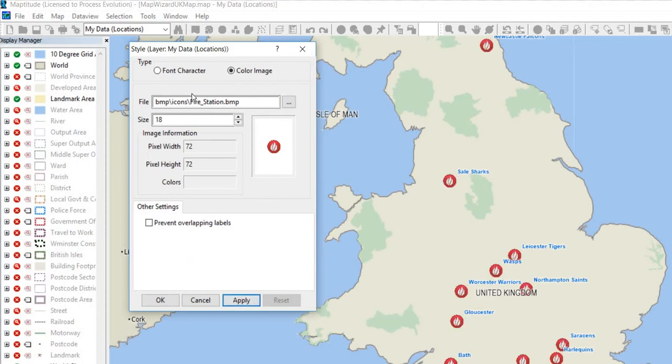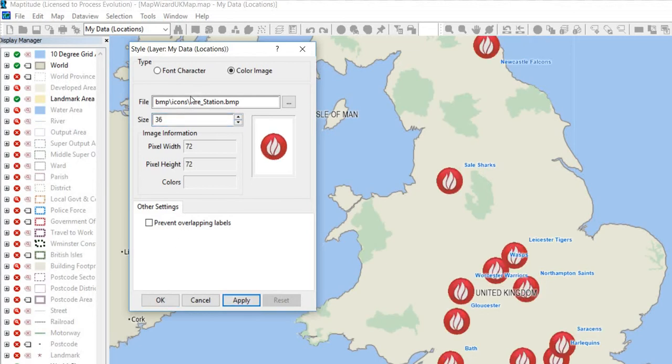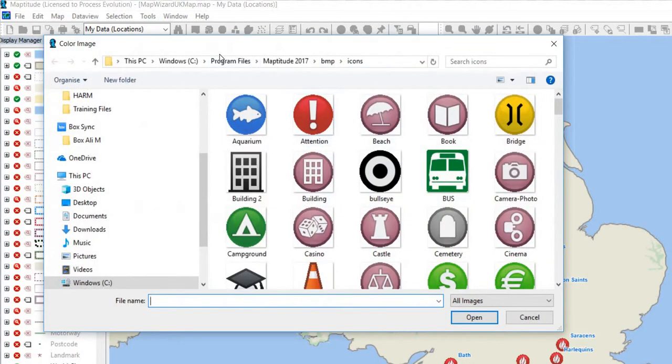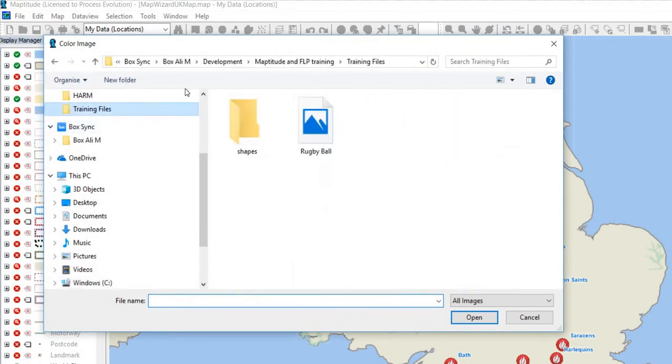We can scale that icon based on the number of pixels we want it to use, so making it larger or smaller based on need. This also allows us to pull in our own pictures. So I've got one in here from my training files. I have a rugby ball that we've made, so this is a PNG file that I want to put in,